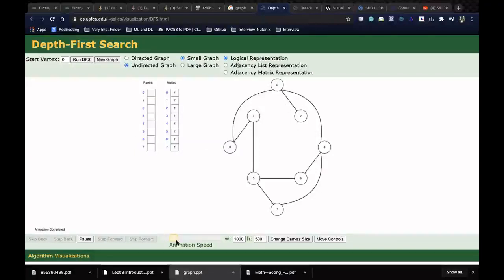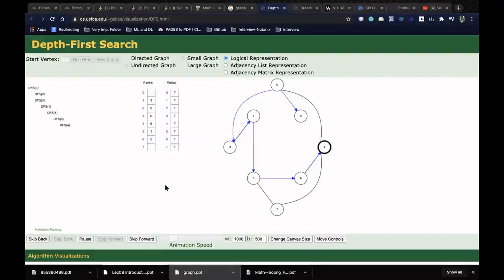So you can just watch it once. We start from 0, then let us say we go to 2. So 2 is marked visited, and then we go back to 0, and then we see which node is not visited yet. So 3 was not visited. And then from 3, we can go to 1 because 1 is not visited. And then similarly from 1, we go to 5 because 5 is not visited. Then from 5, we go to node number 6 because 6 is not visited. Then from 6, we go to 4 because 4 is not visited yet.